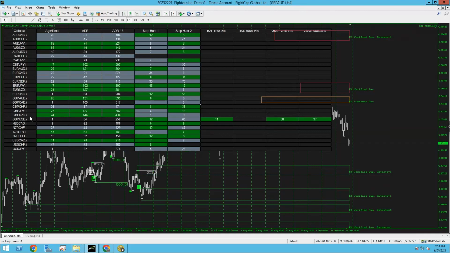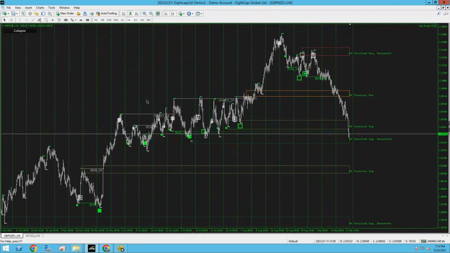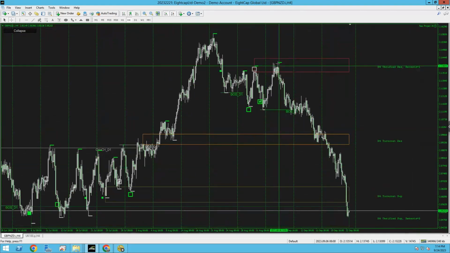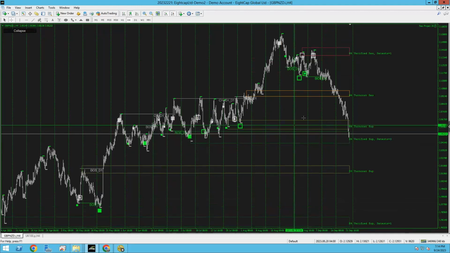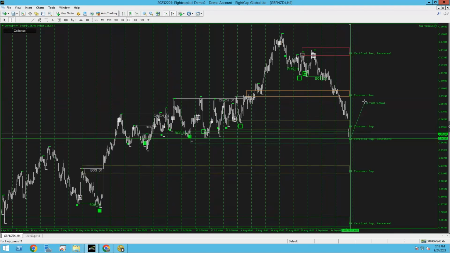Look, you see, GBP New Zealand, same thing. Carell asked me about this. So GBP New Zealand basically is in a long sell right now. Yes, it's created another turncoat here, but again, you have to be realistic with yourself. If you've seen price action has done the daily Asian trend bearish or bullish, and you've seen clearly price has done a 400 pip sell, do not think at some point it's not going to hold one of these verified levels, even if it turns turncoat. It could break this one, then eventually go down and break this one, and then continue to sell. At some point, price action has to pull back, is what I'm trying to tell you.